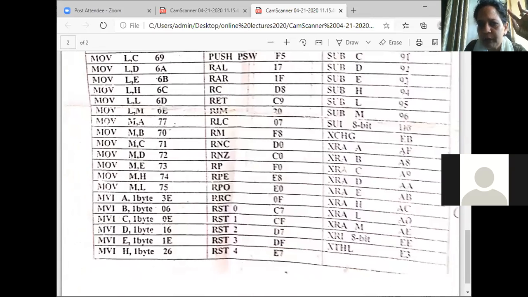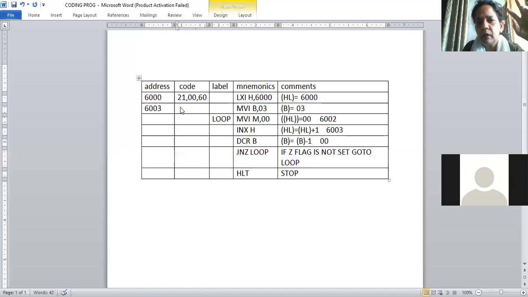So what I will write here is, I hope you are understanding. If anybody is not understanding, please write in the chat box or raise your hand so that I can see. So 06, and then what is that 1 byte here? 06 stands for MVI B. I need 1 byte more. What is that 1 byte? That is nothing but 03. Correct? So 03 and 04, 6004. And then it will be at 6005. The next instruction will be at 6005.